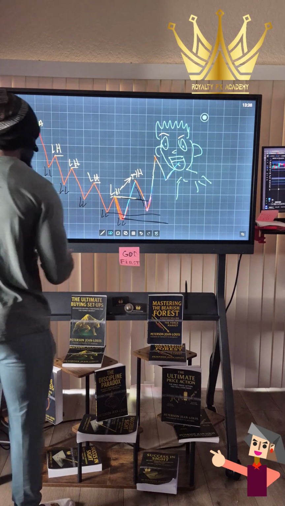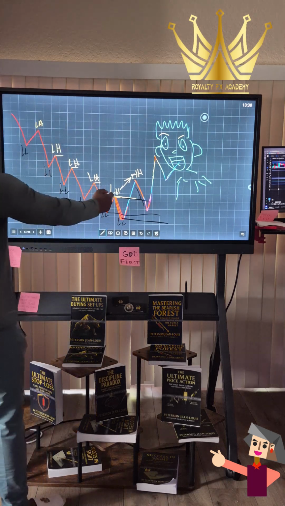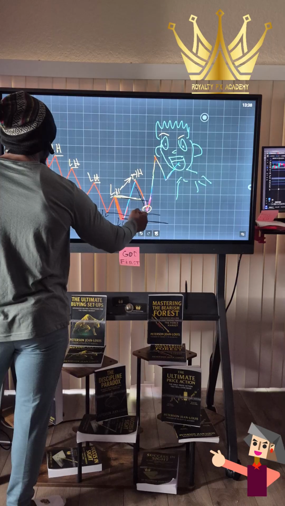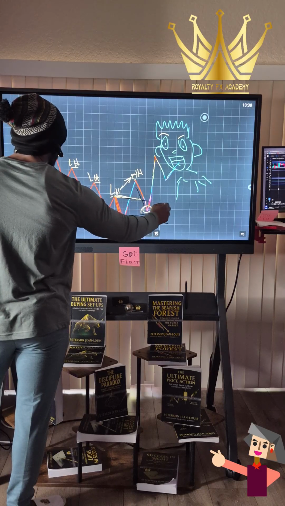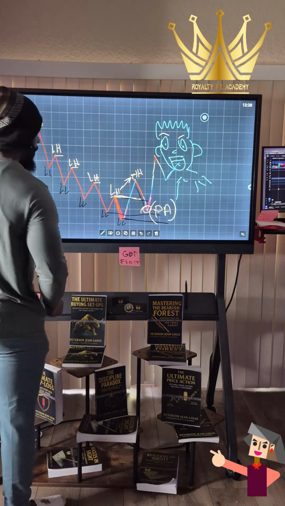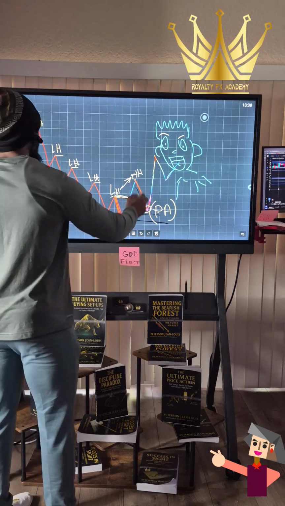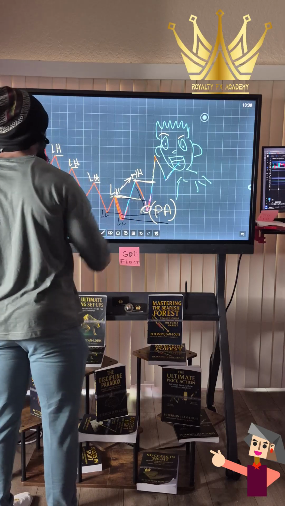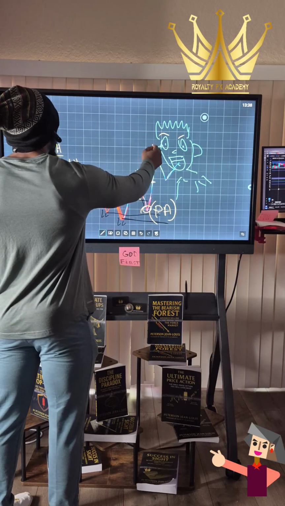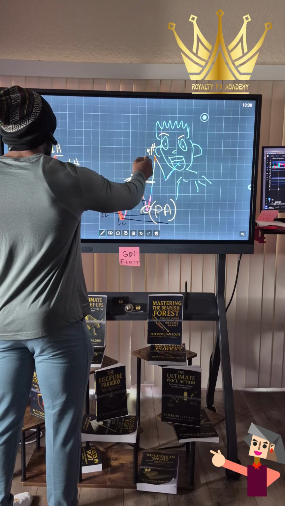So, like I was saying, we got a break of structure in here. Once market gives us a PA, aka a price action, also a bullish engulfing, we will take our buy to continue up. Not just continue up, we're looking for market to break the previous higher high to give you a new high that's higher than the previous high.